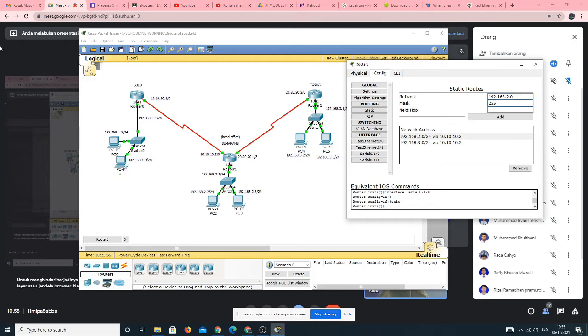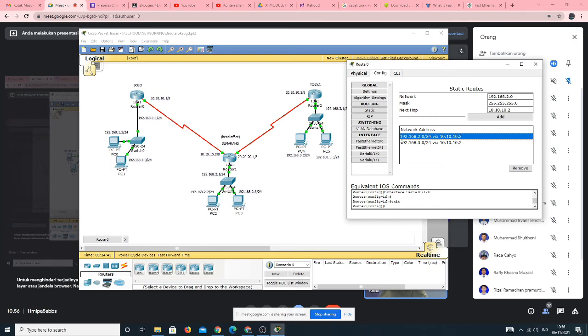And then the subnet mask, and then the next hop. The next hop is the next route from Solo to Semarang, because Solo is connected to the Semarang directly. So the next hop of router Solo is serial 0/1/0 of the router Semarang with the IP 10.10.10.2, and then add.